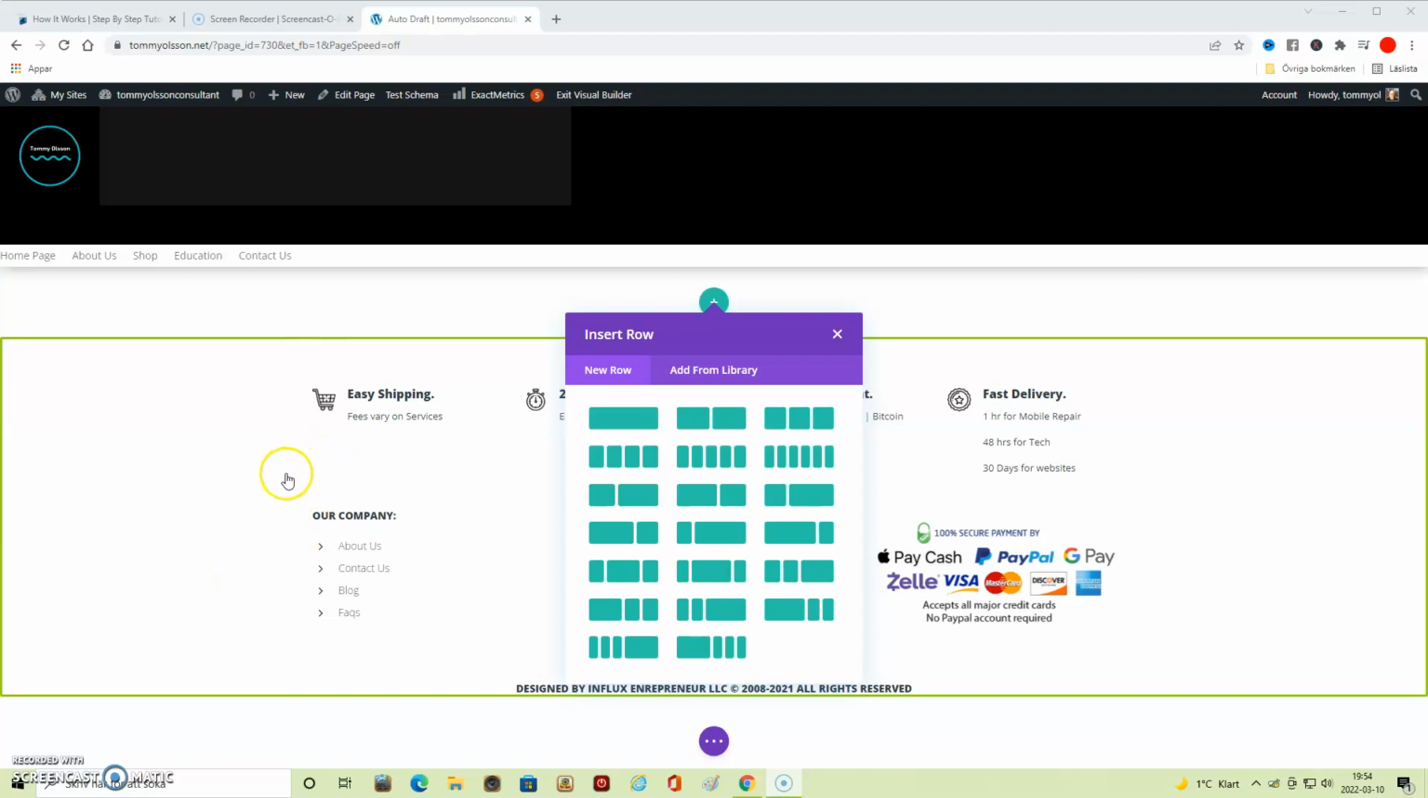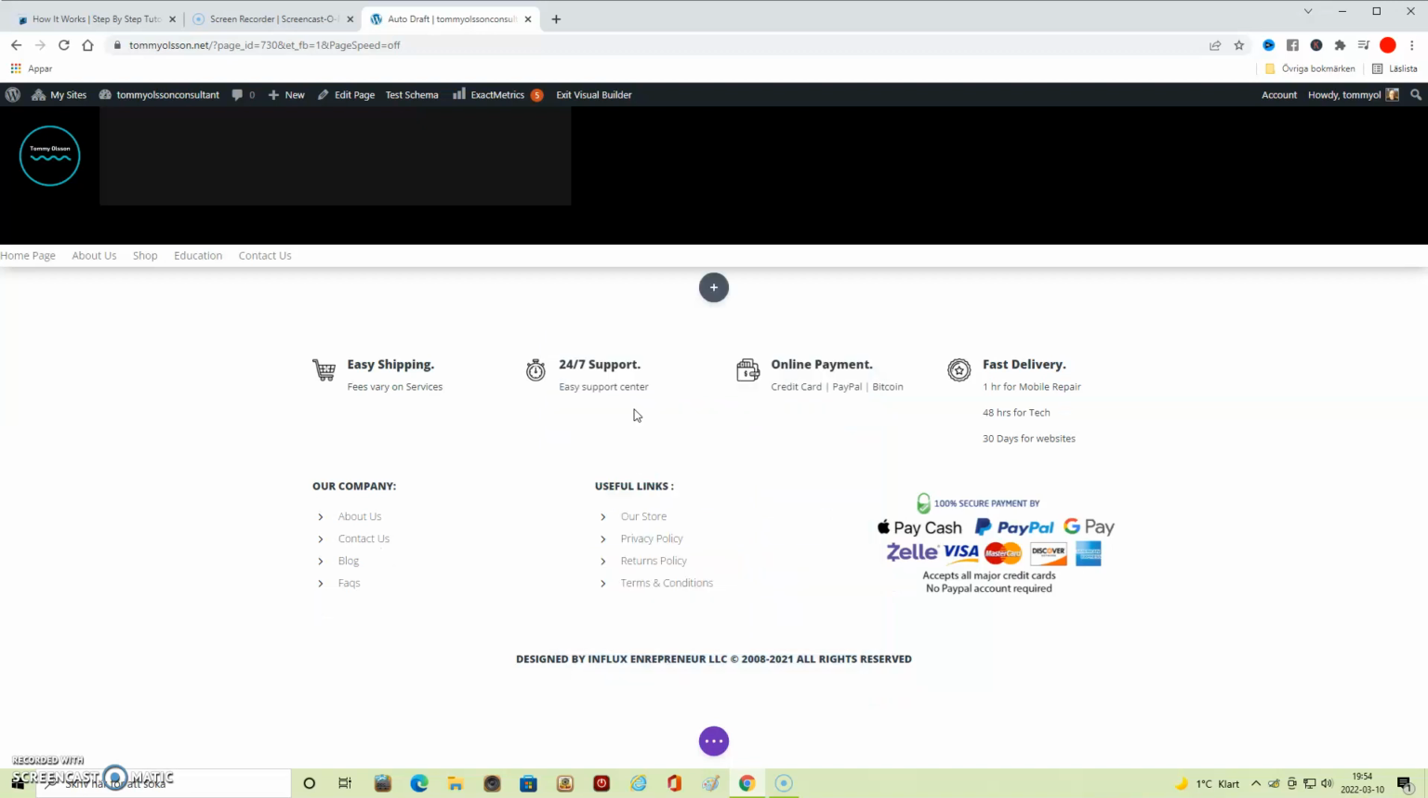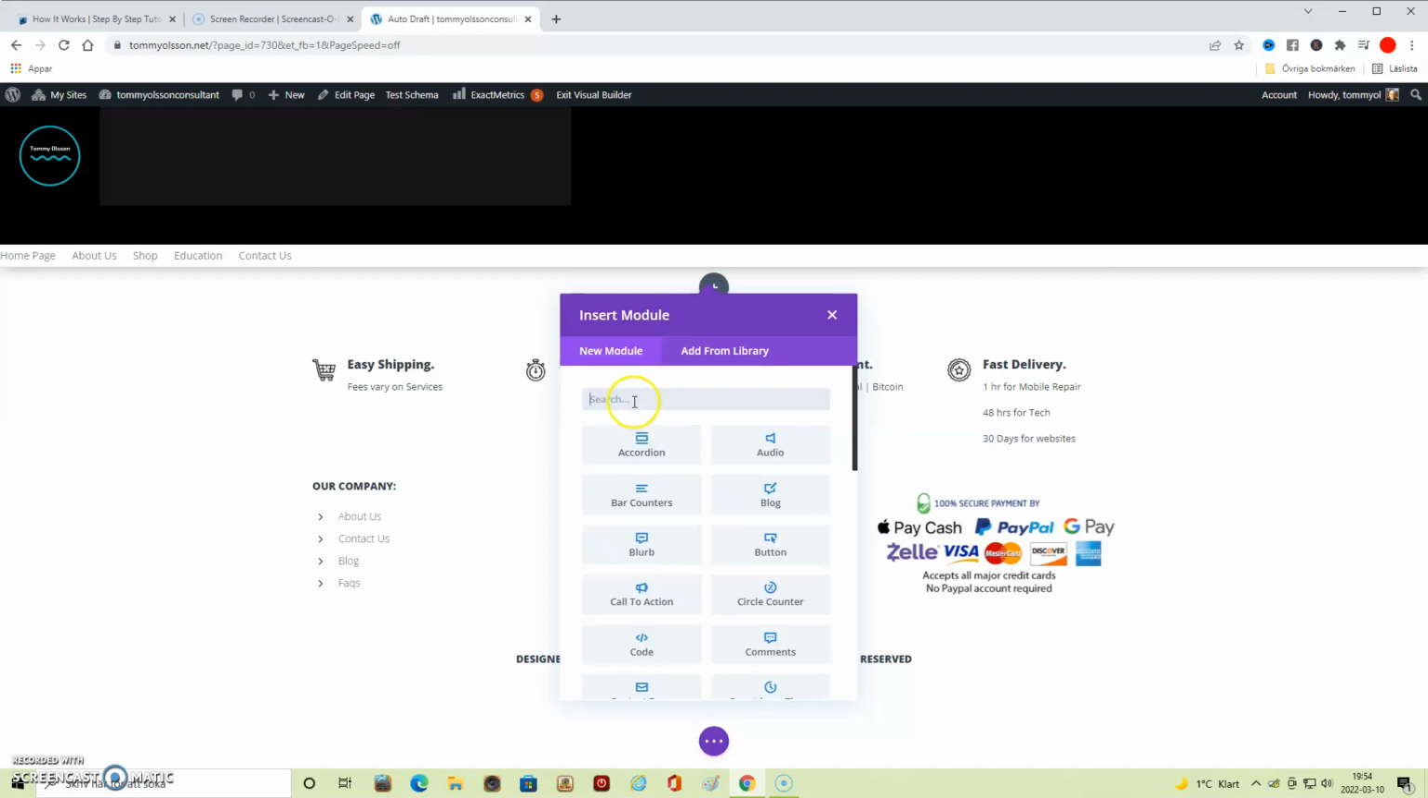In this video I'm going to show you how to create and edit a price table section with DB Builder on Influx Plus. First you're going to choose where you want to have the pricing table and then create the row by clicking there and then add the pricing table